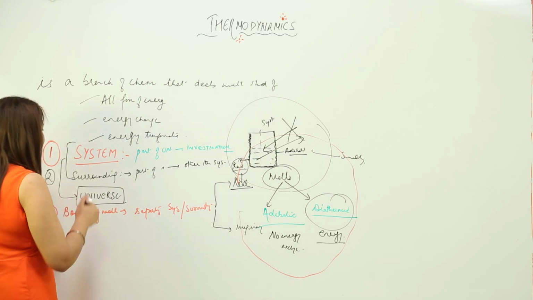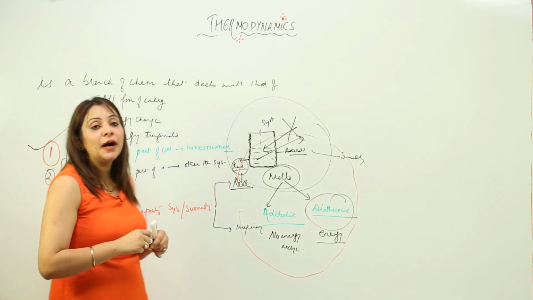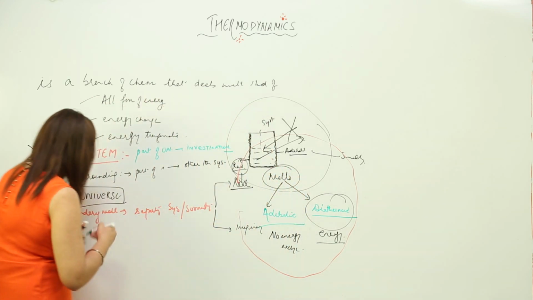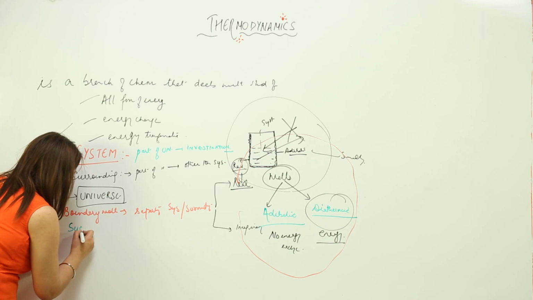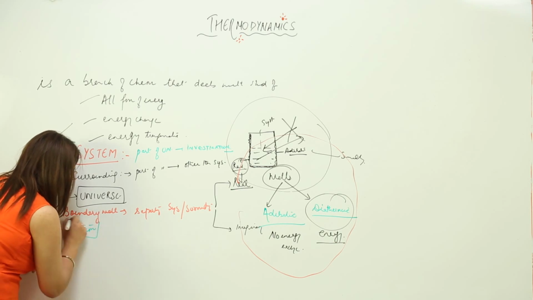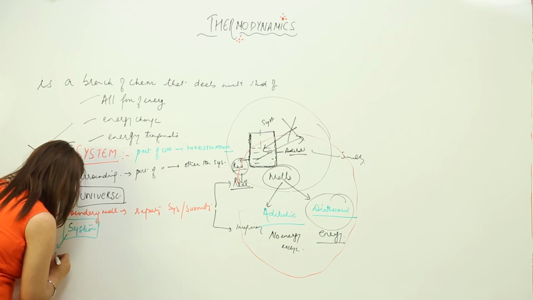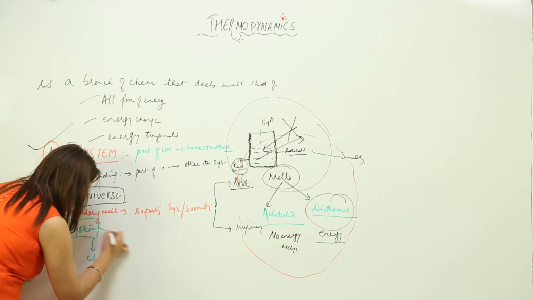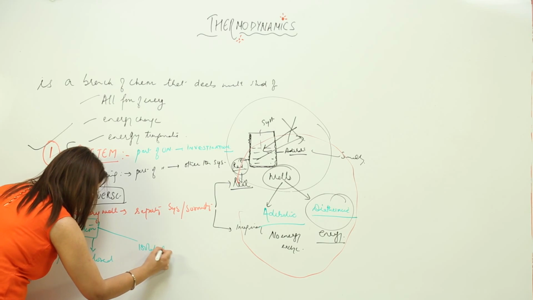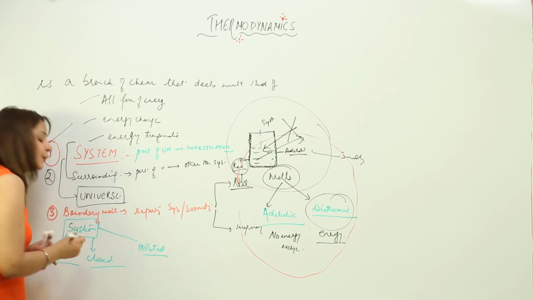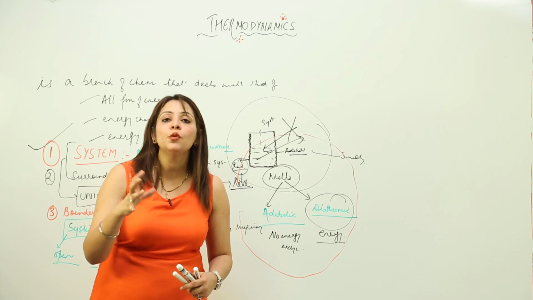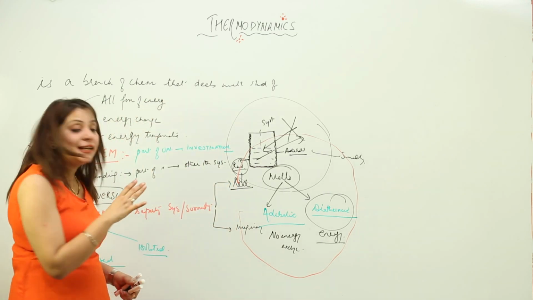Now, as we did system, the system is the part of the universe which is under investigation. There is not only one type of system; we get to see different types of systems: open system, closed system and isolated system. So we get to see three types of systems around. One is open, the other is closed, and the third one is the isolated one.